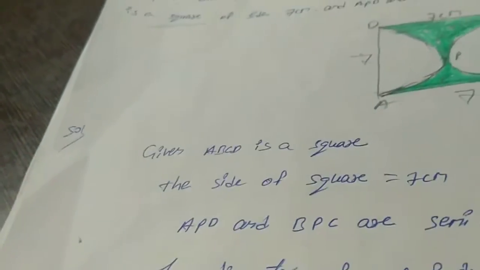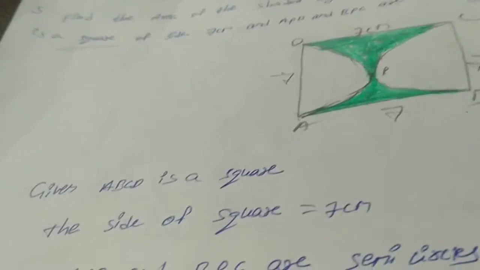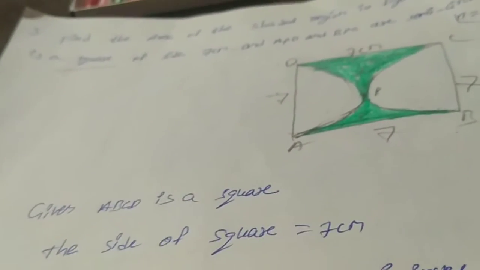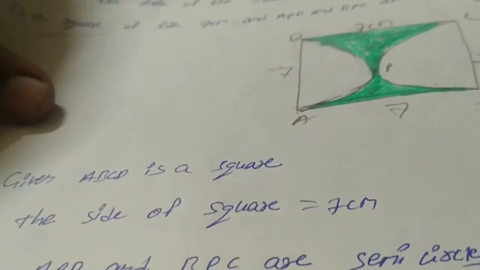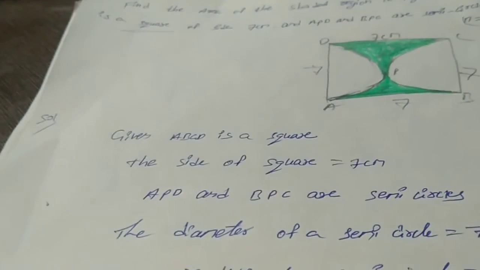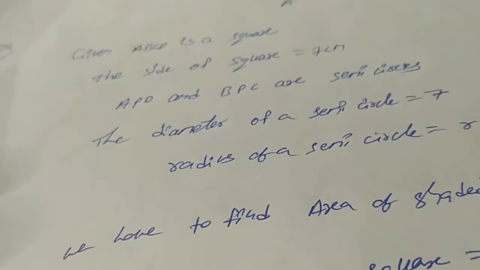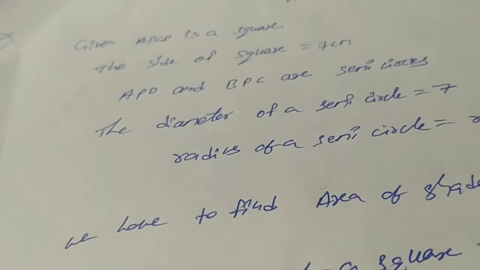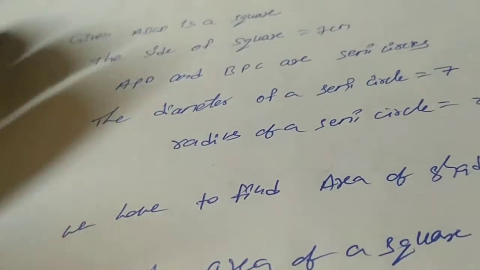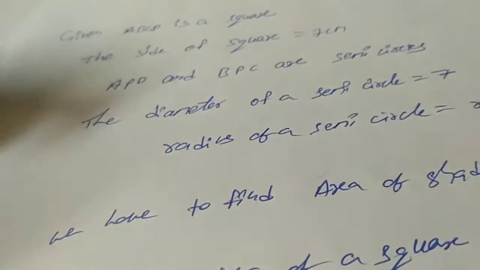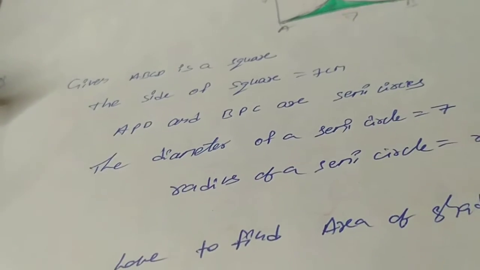So my dear students, I always suggest to you, in any chapter, in all chapters, first of all you have to write what is given. That is very important. And then what you have to consider, that is the next step. So you have to write the given and then the consideration as the next step. First you write what is given, and after that you write 'let'. These are very important steps in your mathematics, my dear students.